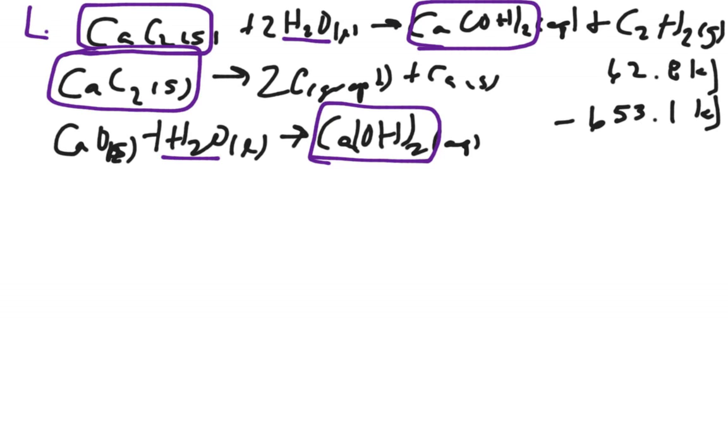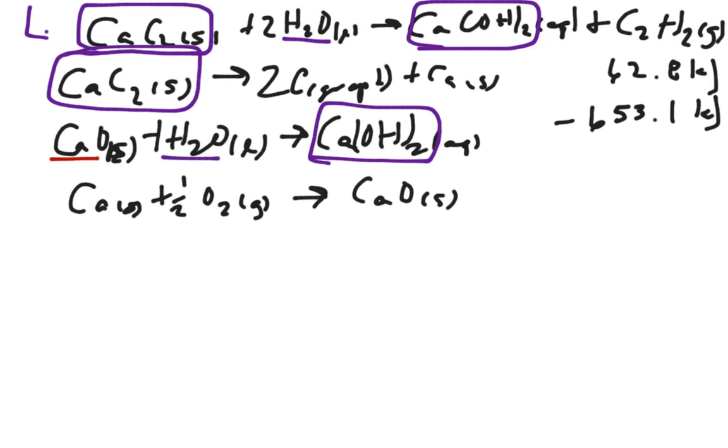Now we have this calcium oxide here that we need to get rid of, because anything that's extra we have to get rid of. So we go up to the second formula they give us, and now we want them on opposite sides because we're trying to get rid of them, not keep them. That one is already on the opposite side, so we can write that out. Calcium solid plus 1/2 oxygen, and normally you can't do half of an oxygen, but when you are doing state function things, it's okay because it's not that you actually have a half of an oxygen, you're just calculating with that, so it works out. We don't have to flip the sign because it is the same way. So 635.5 kilojoules,